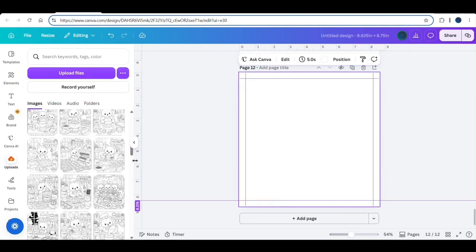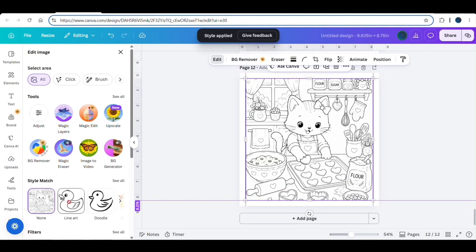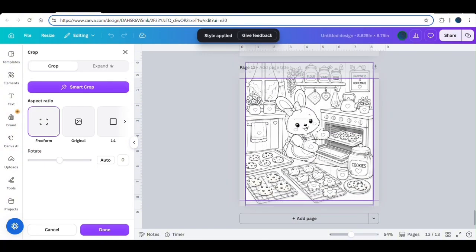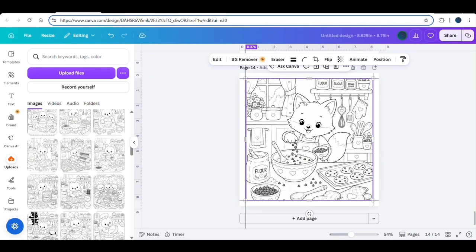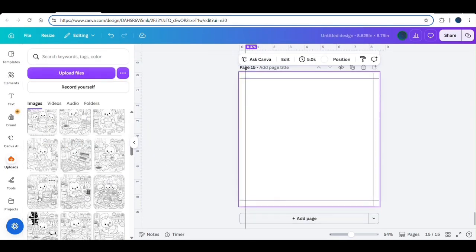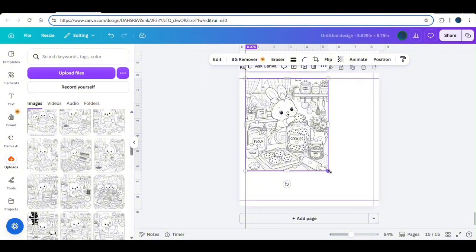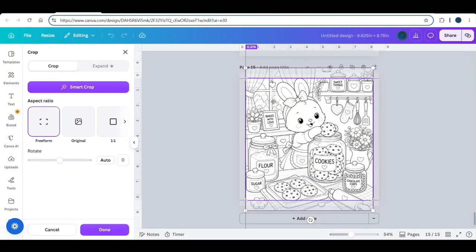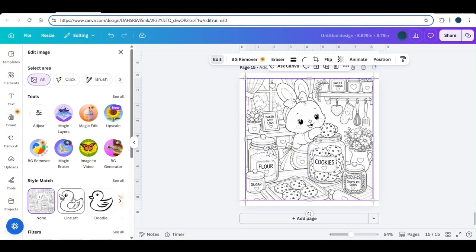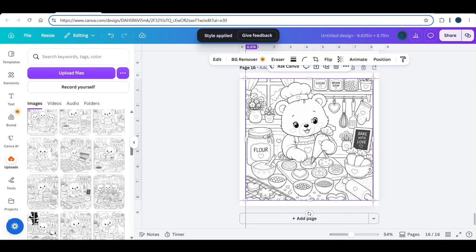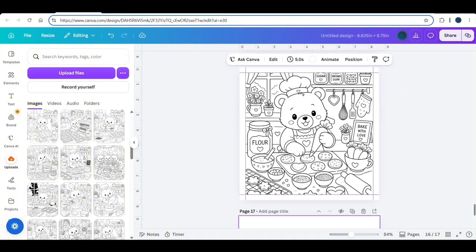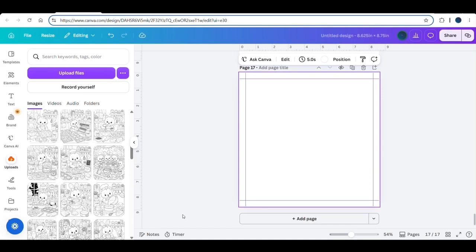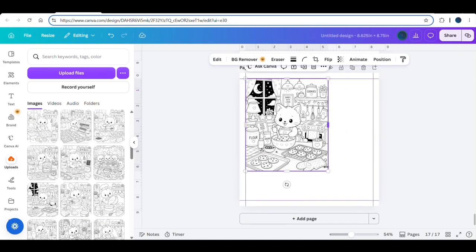If you want to use this, you can also buy the pro version. It will really help you if you are actually trying to make a coloring book, or you want to make it a hobby, or maybe you want to start a business. Then this tool is pretty good. You can purchase the pro version and you can easily use all of these. There are many other functions as well, but in this video particularly I use this line art. So that's why I'm suggesting that if you can buy it for your coloring book, it will be very helpful.